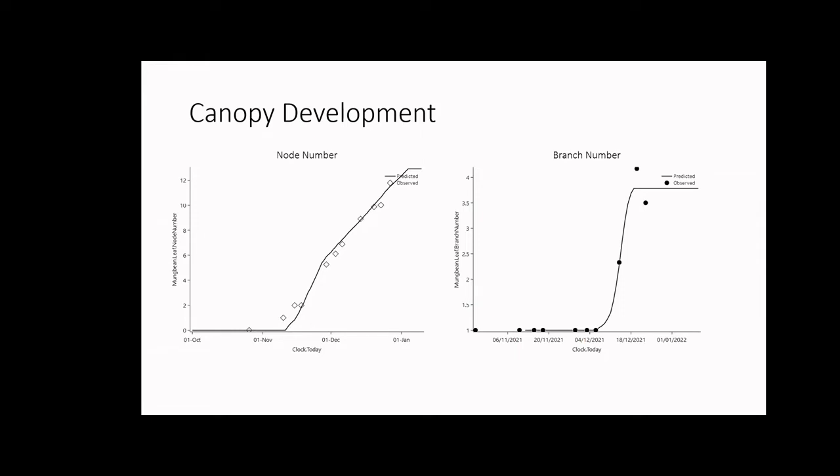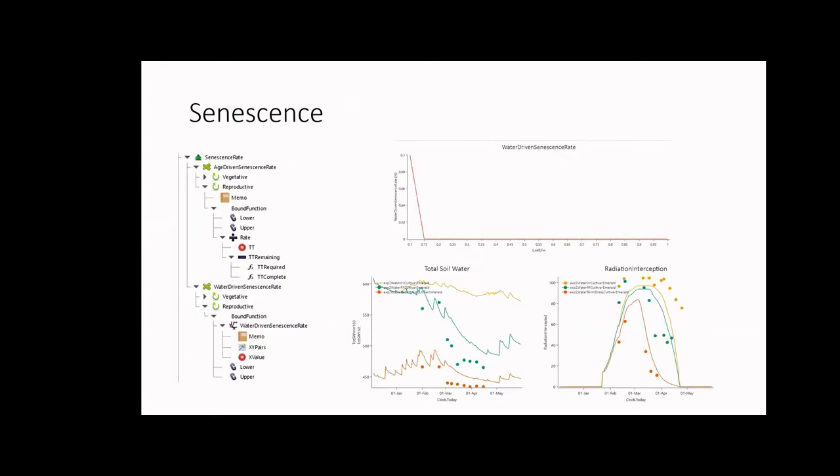This was pretty similar for most of the modern cultivars. Slightly different, we had a different data set for the older cultivars to feed into the phyllochron. For senescence rate, as I mentioned before, I added a different way that the plant can